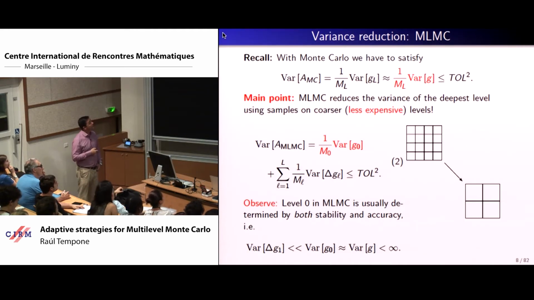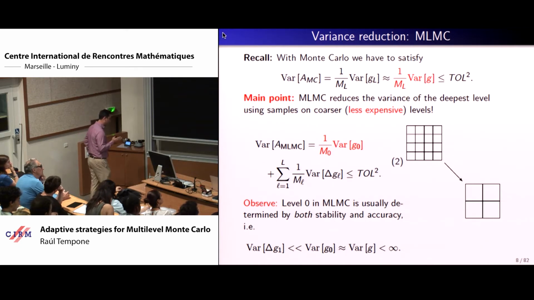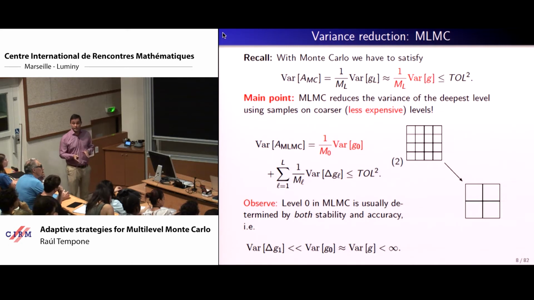Now, the variance here is the variance of Monte Carlo. So what did we say the statistical constraint looked like? Thanks to the construction based on independent samples, the variance of this estimator is just 1 over M_L capital of the variance of this G_L capital. Now, G_L capital is more or less close to G, so you can expect this looks like the variance of G divided by M_L. So this is saying that in the deepest level of approximation, capital L, the one that satisfies the bias constraint, you need to use 10 to the minus 2 samples, and that is what you expect from Monte Carlo.